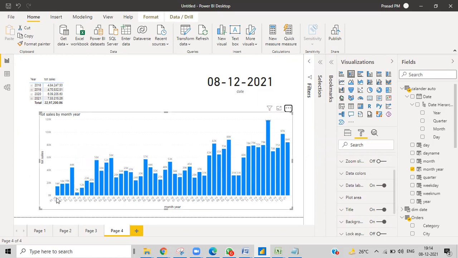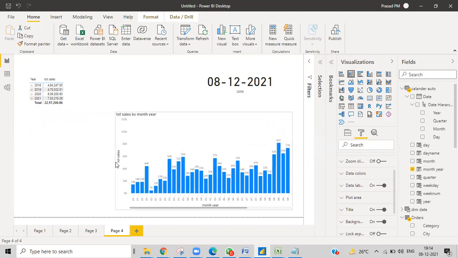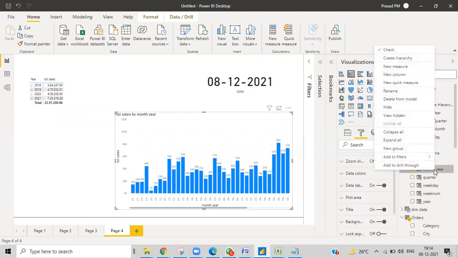I'm trying to make it from the beginning of 2018, or the first month of 2018, and the first month of 2019, or whatever it might be. In that manner, I'm trying to do that. Okay, sort. So the first month of 2018 is 14K. And then you can do a lot of things, like sort.